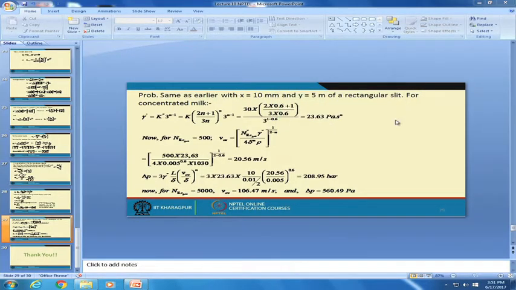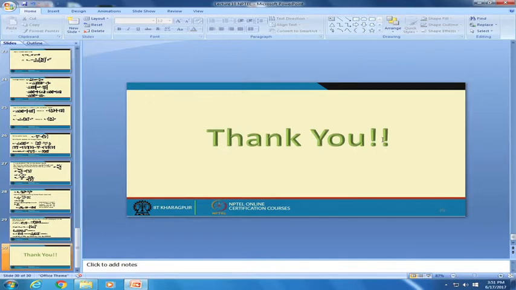So this way we can find out the pressure drop and velocity, and we can do the similar thing in our system. So this we can do, and as there is no time left,